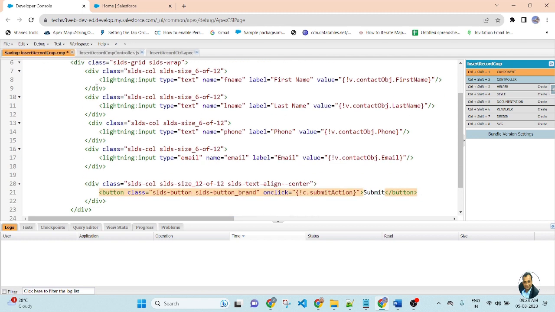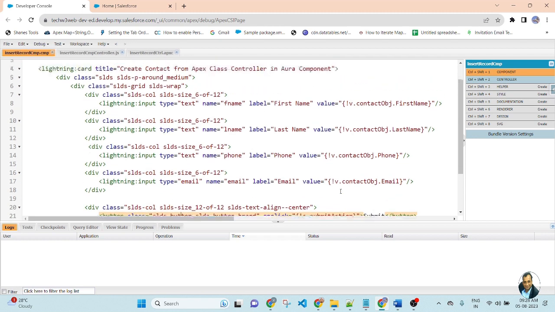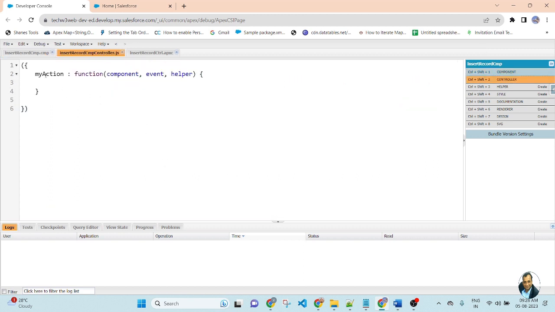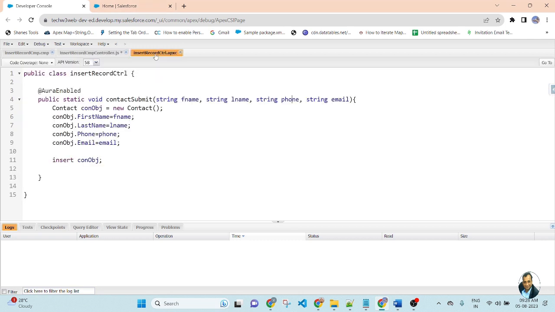Now I am saving the component. The component has been saved. Now going to create the function, so go to the JavaScript controller. Here I will replace the default function with this function. First I will get the method. So this is the name of the method.